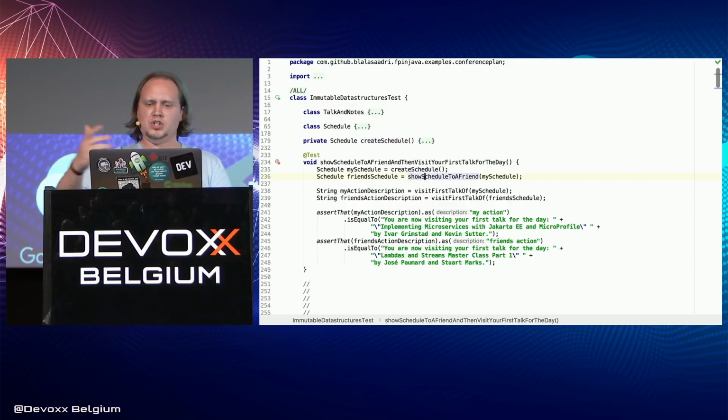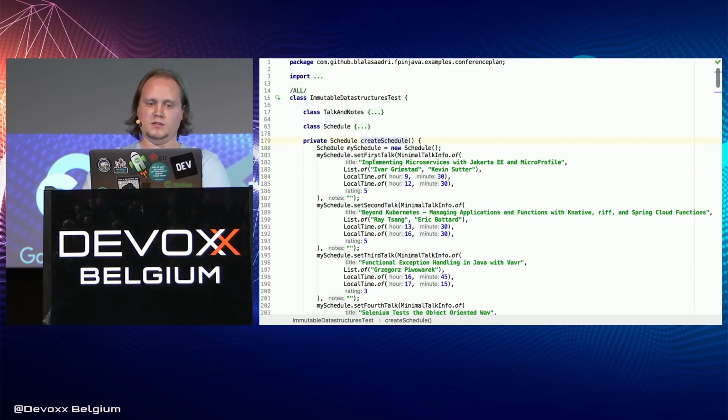And then we say, show this schedule to a friend. Maybe our friend wants to be inspired by what we are going to. So let the friend have a look, and the friend then returns his own schedule. Now, if we check the create schedule method, we'll find that the first talk selected is implementing microservices with Jakarta